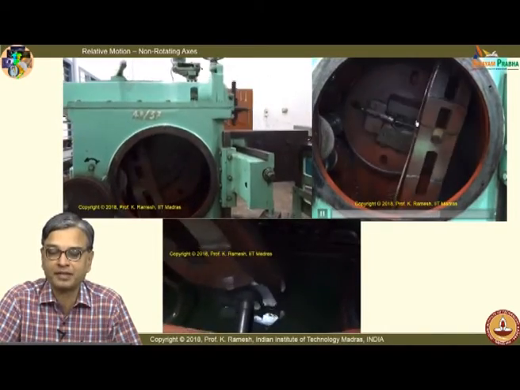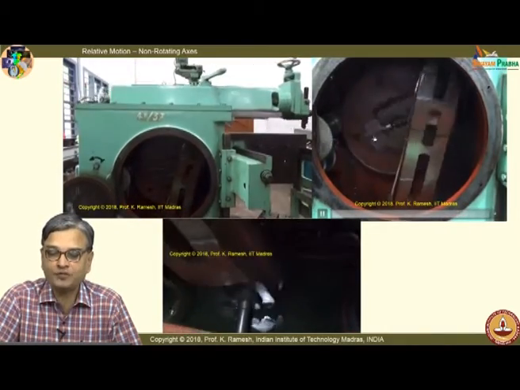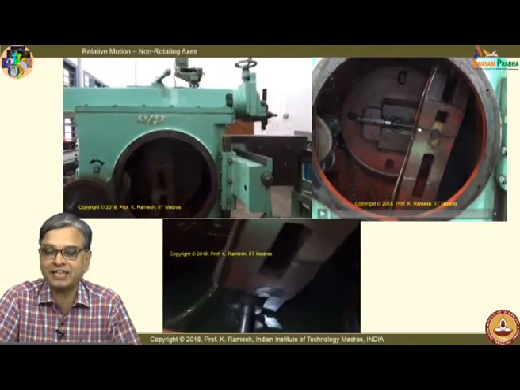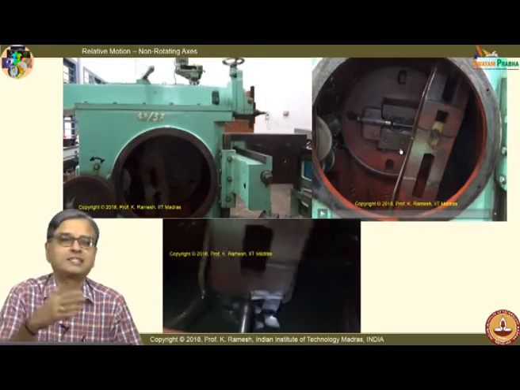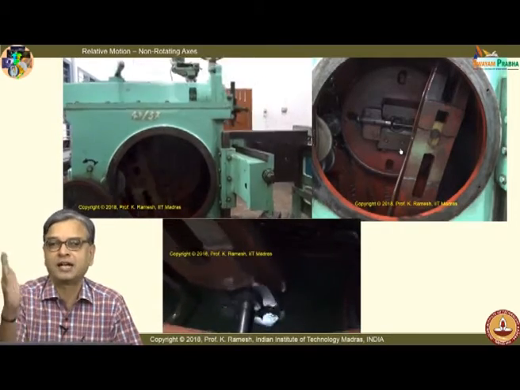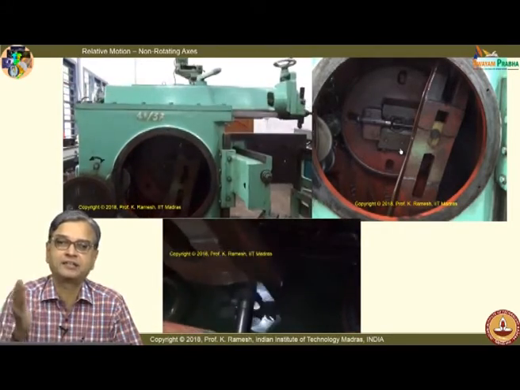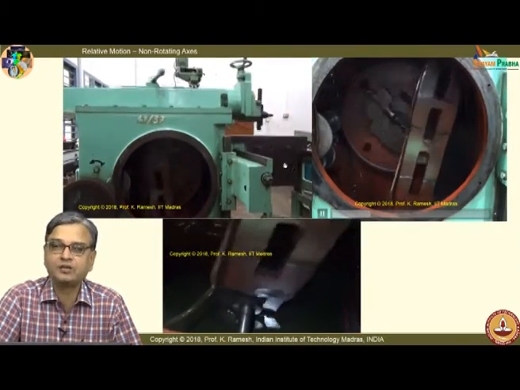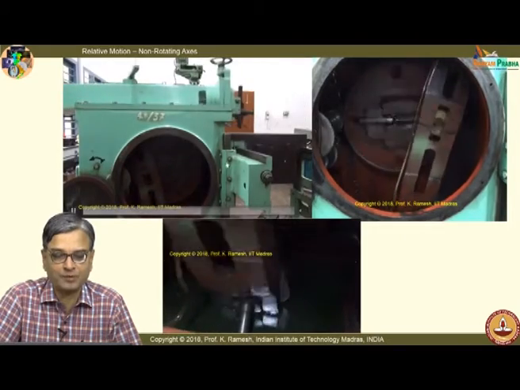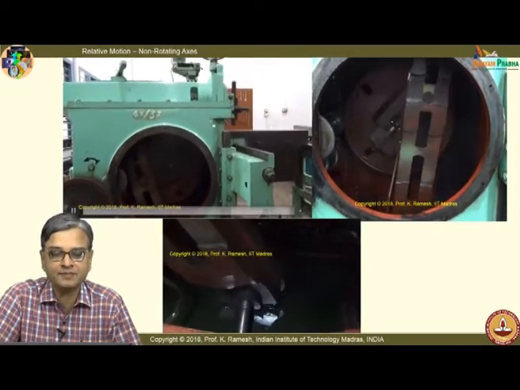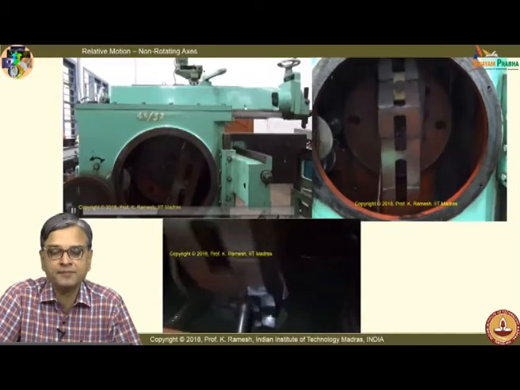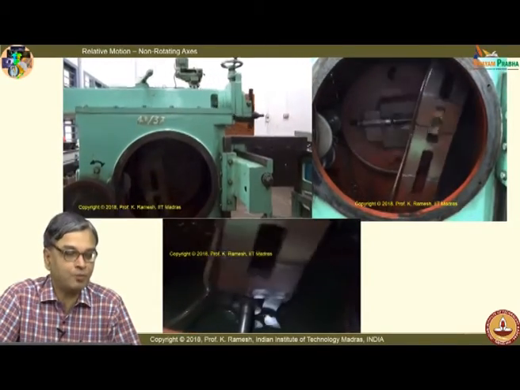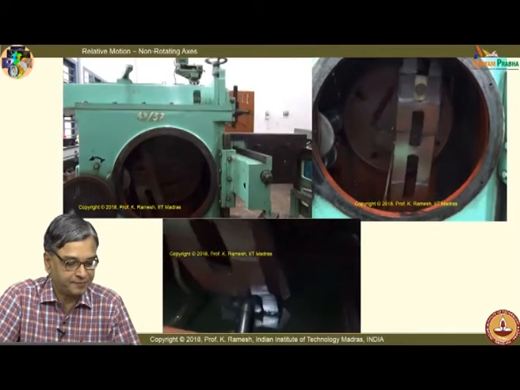So, all that will come here, and if you watch very closely, you also have a provision to change the length of the crank. There are many adjustments possible. You can adjust the stroke length, you can adjust the time duration, all that you have control depending on the problem on hand. So, the idea is you minimize the time for a machining operation. So, you can improve productivity like that.